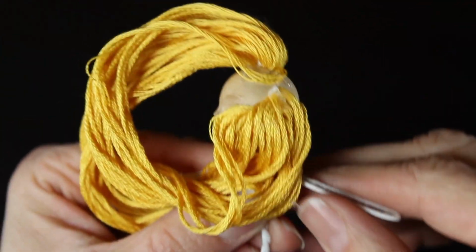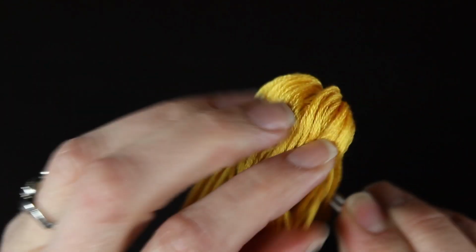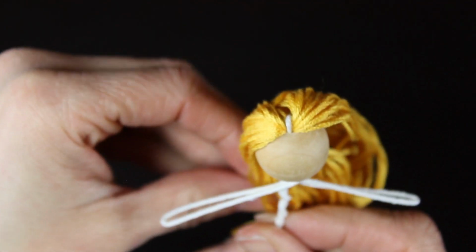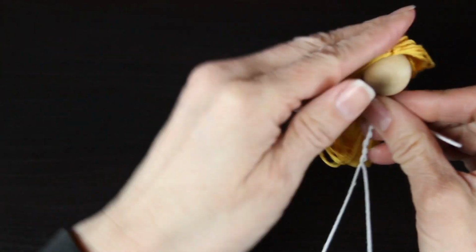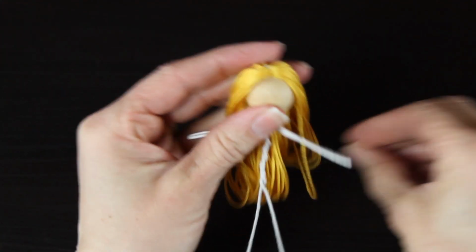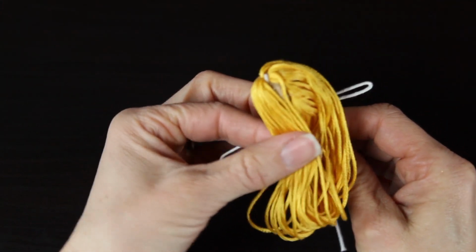And if you need to go back and add any other glue, go ahead and do that now. You want it to all hold into place, and then smooth it down. And this is actually how I do the hair for my girl fairy dolls. So for the boy, we're going to start it this way, and then you're going to smooth it all out, and we're going to be doing a lot of fairy doll haircut styling. So get it all smoothed out,